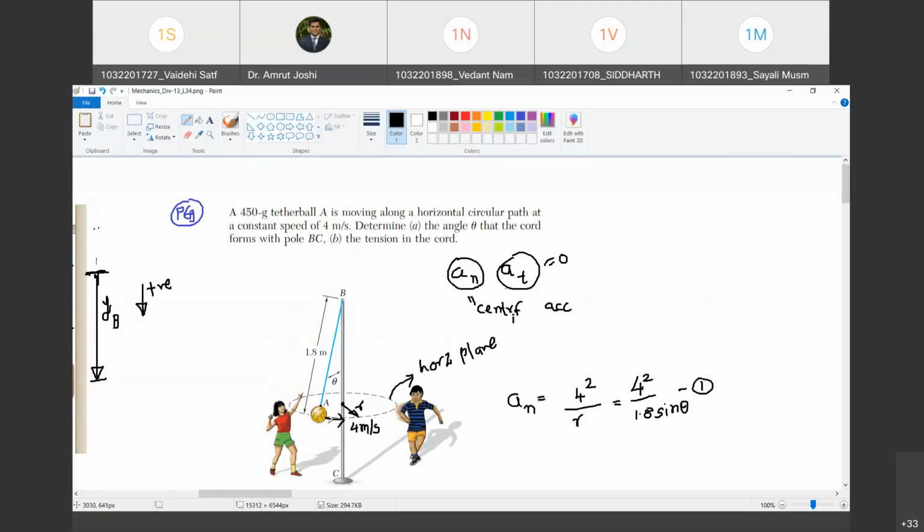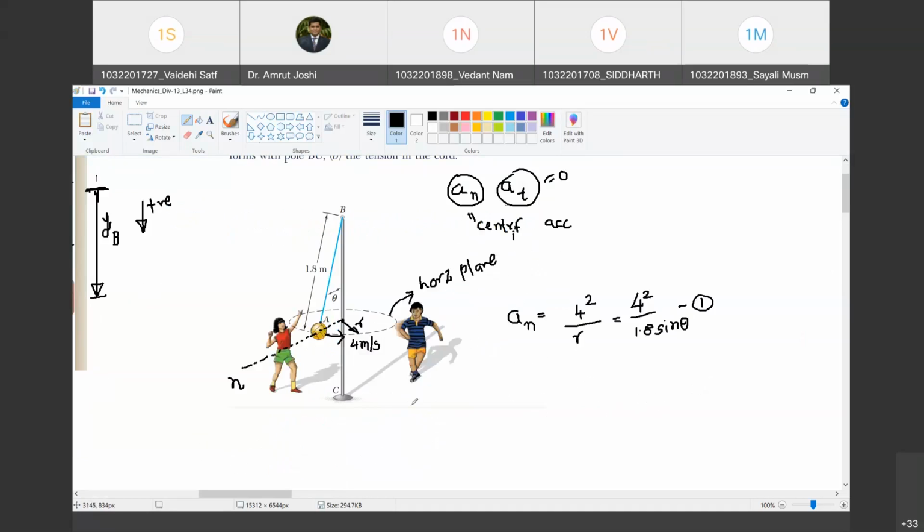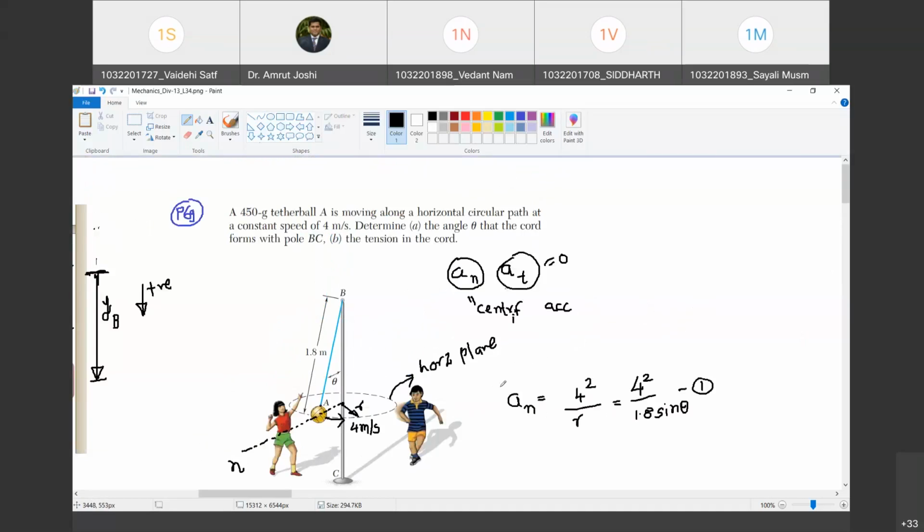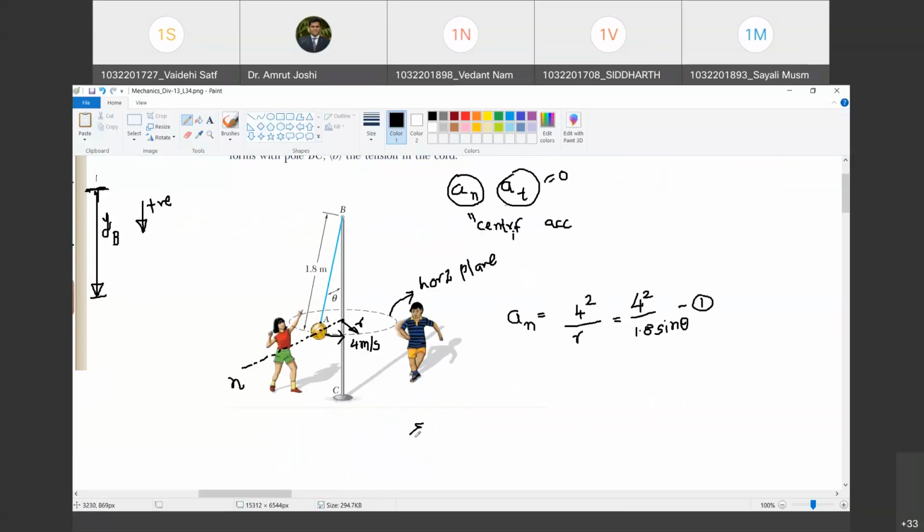Now, once I have done that, tell me which is the normal direction and which is the tangential direction. The normal direction is along the radius vector like this. So this direction is the normal direction. Do you agree with me? Yes, sir. So I am going to call this direction n. Happy? Yes, sir. And can we now apply Newton's second law in the n direction? So what does it say? The summation of all the forces acting on the ball in the n direction must be equal to mass into acceleration in the n direction. Happy? Yes, sir.